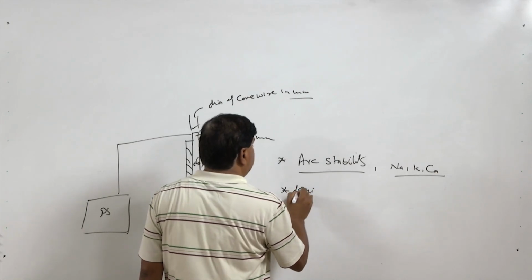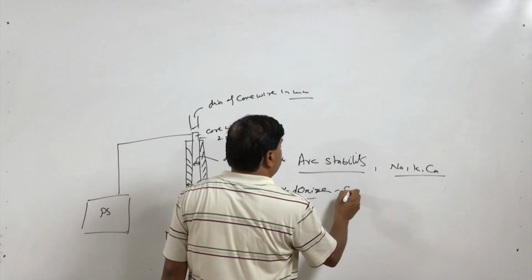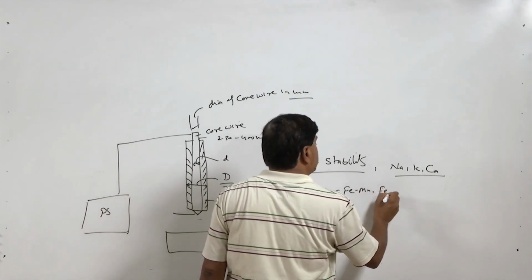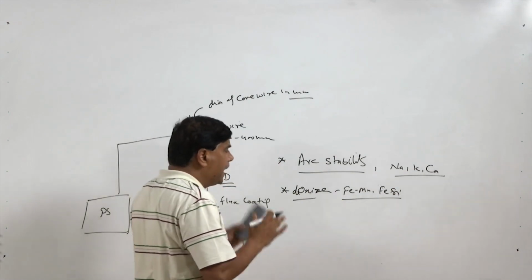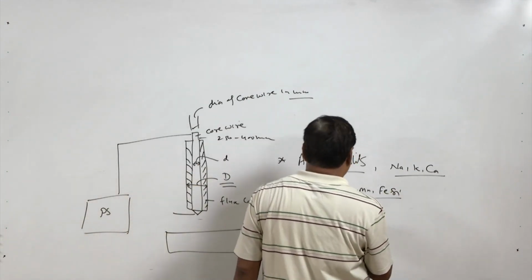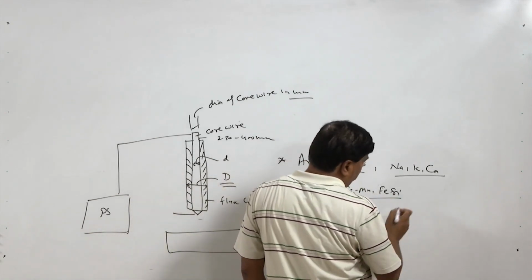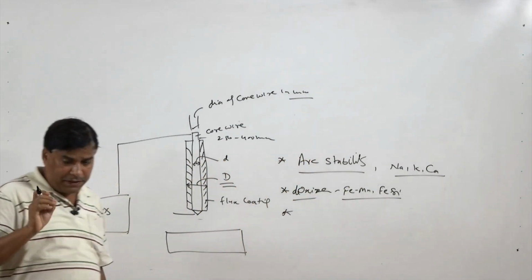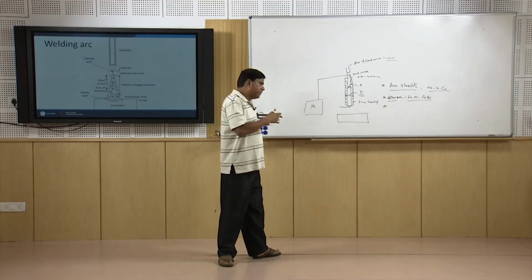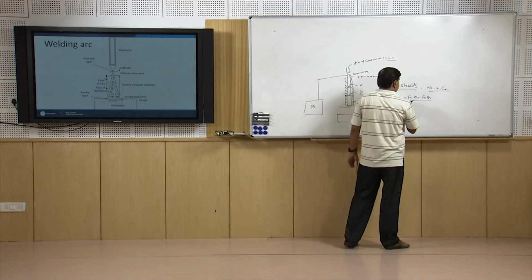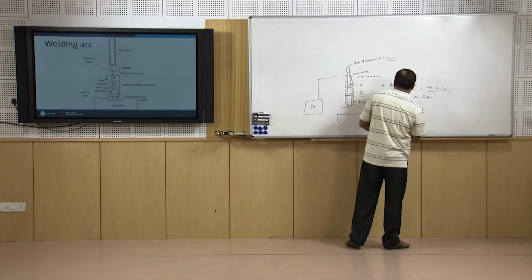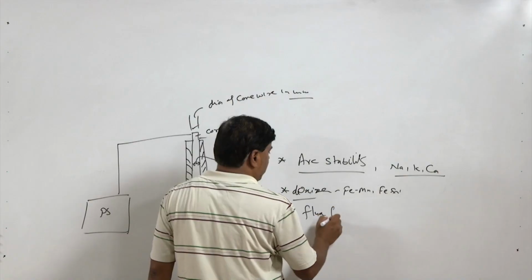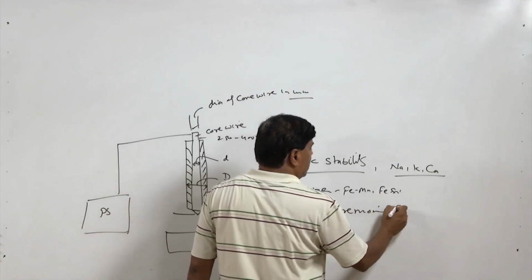The second purpose is to provide deoxidizers. It is common that ferro manganese and silicon are added. Whatever oxides are being formed, they will help to separate out the metal which has got oxidized, and help to save the metal. Then also to provide the flux for removing the impurities,